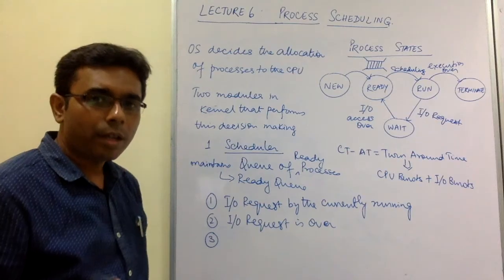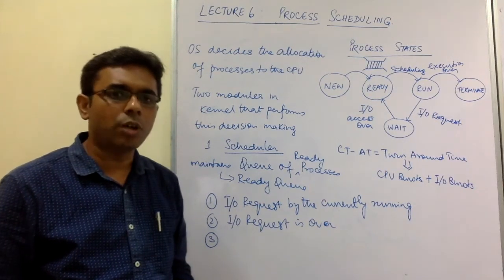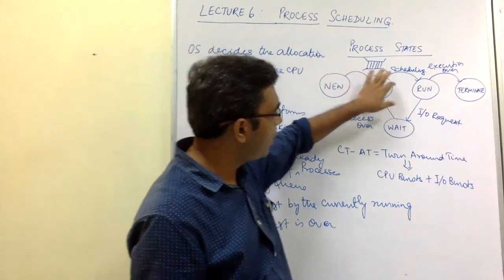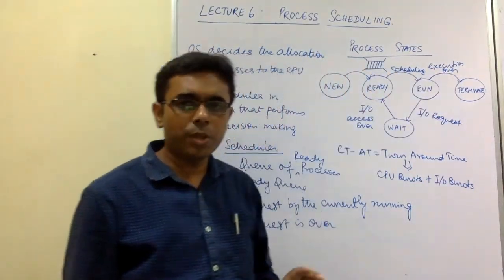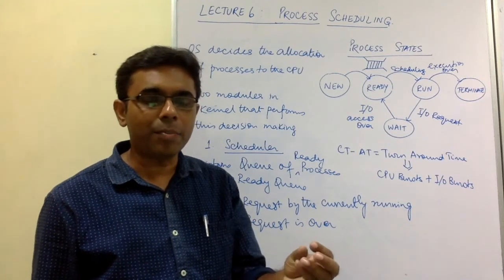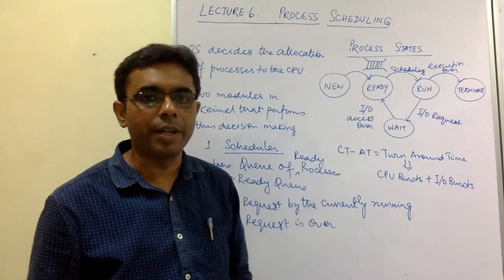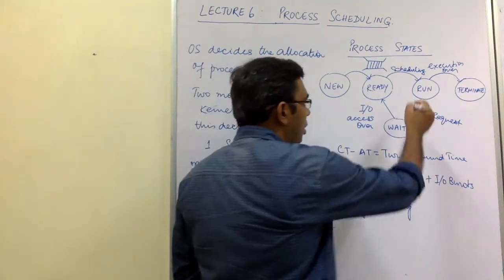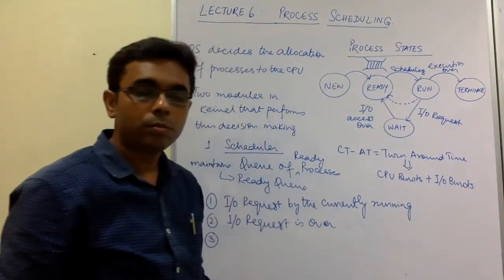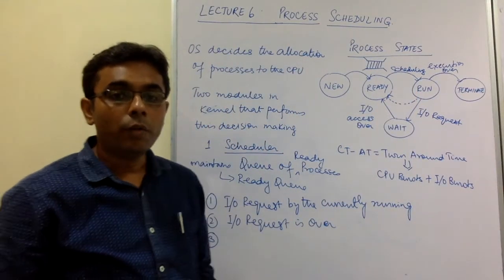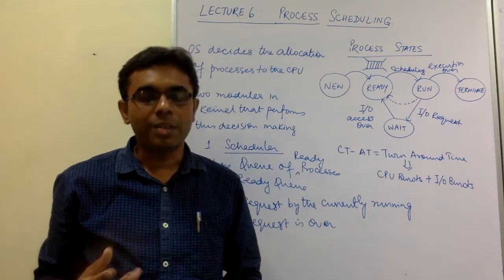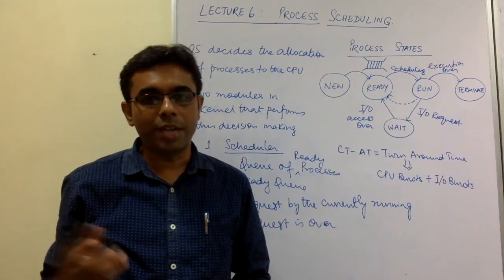there's a situation where even if the process has not terminated, we know that a process moves from new to ready, then ready to run, and then terminate. But there is a situation when the process may not terminate, yet you take that process out of the run state and put it in the ready state. What I mean is, there can be a transition from this state to this. Okay. But why? We'll see there are algorithms where we decide that, okay, even if the process has not completed